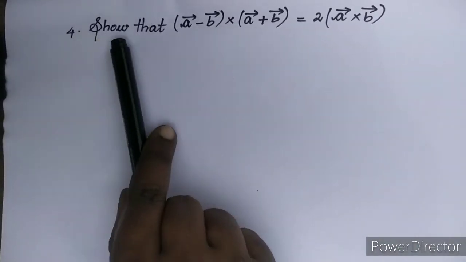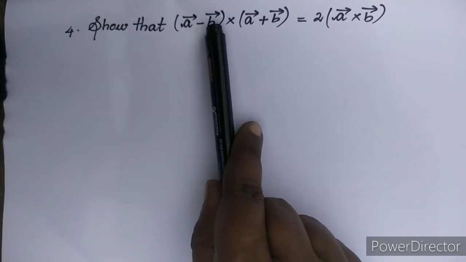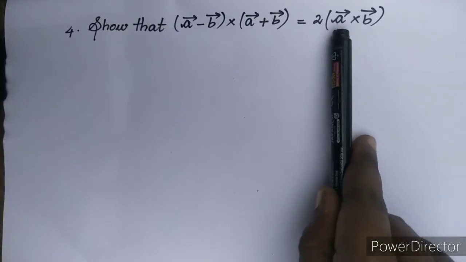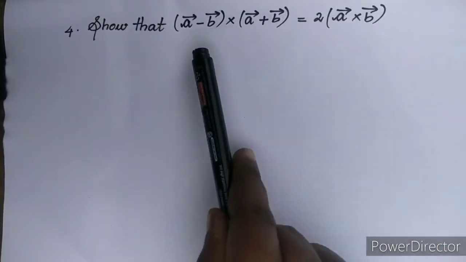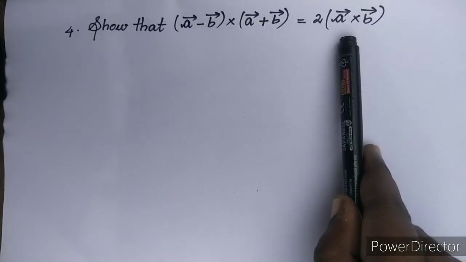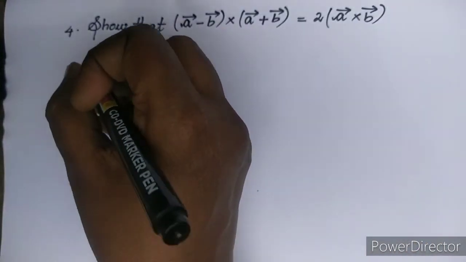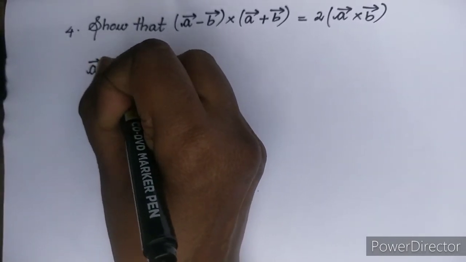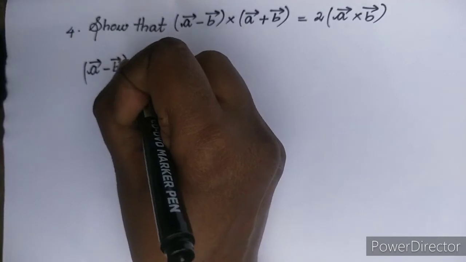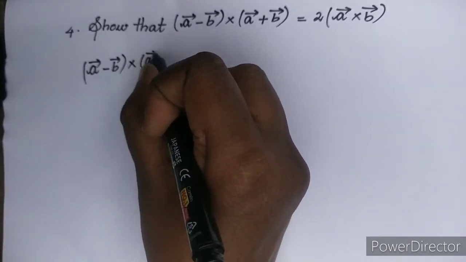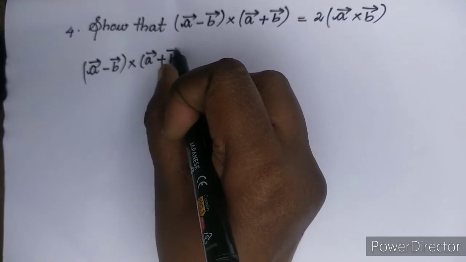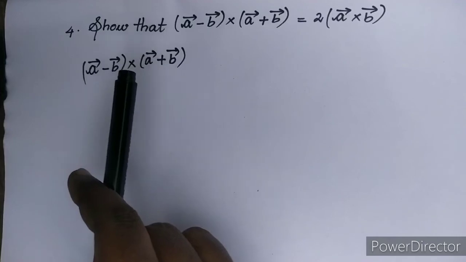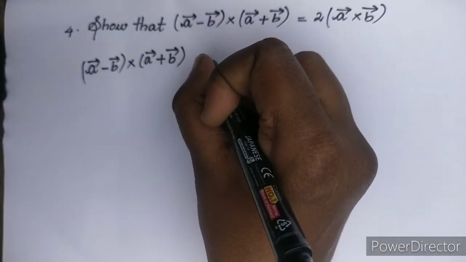Question number 4. Show that A vector minus B vector cross A vector plus B vector is equal to 2 into A vector cross B vector. We are going to take LHS and we are going to show RHS. Let us take our LHS, which is A vector minus B vector cross A vector plus B vector. Now we are going to apply distributive property of vector product over addition, which is equal to